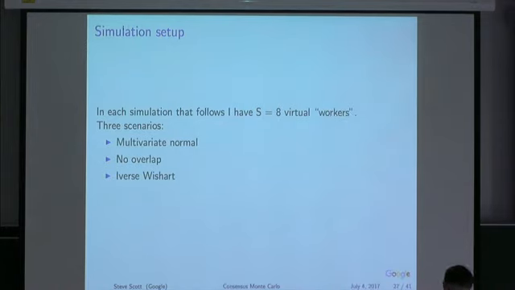Okay, so now let's see, we have 5 minutes or so. I'm going to show some examples. I'm going to do 3 examples here. In each of my examples, I have 8 workers, right? So I'm not going to do 1,000 workers or 100 workers like I did in the previous things because these are kind of harder examples here. The 3 scenarios I'm going to show you: I've got one where we've got multivariate normal posteriors, and in that case, we know what the right answer is, right? Averaging the draws is the right answer there. I'm going to show you an example that's a one-dimensional example where distributions don't overlap. And then I'm going to show you evidence that I don't run spell check on my talks before the inverse Wishart distribution. Those are my 3 examples.